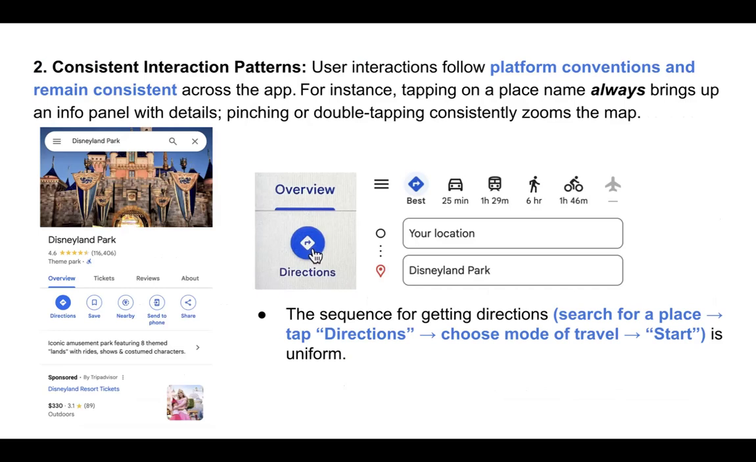Second, user interactions follow platform conventions and remain consistent across the app. For instance, tapping on a place name always brings up an information panel with details. Pinching or double tapping consistently zooms the map. The sequence for getting directions is uniform. Such consistency helps users make